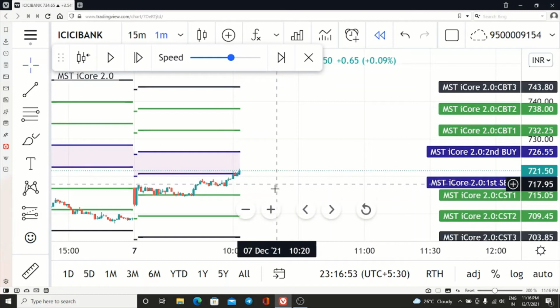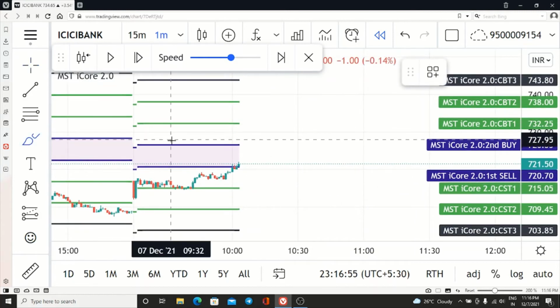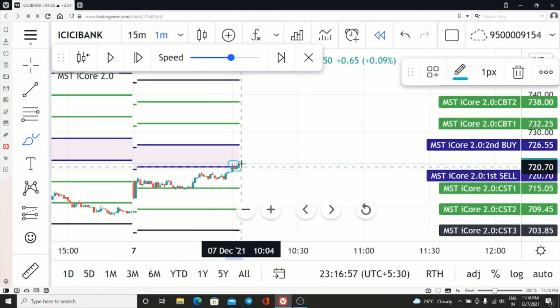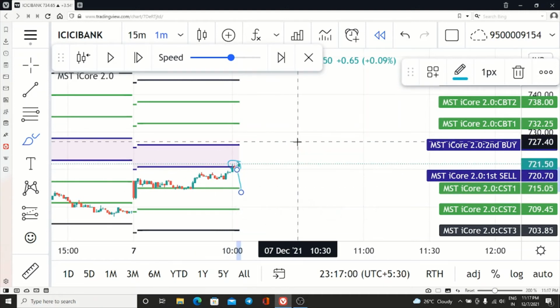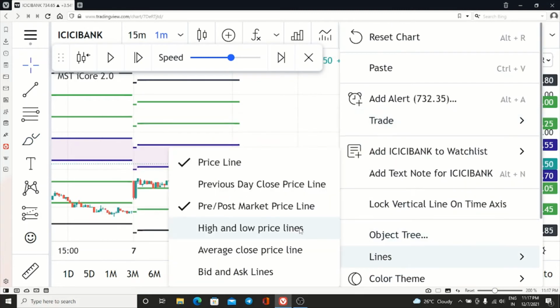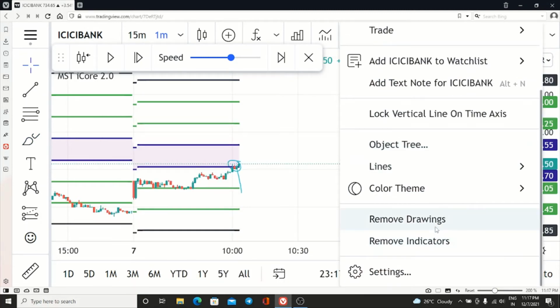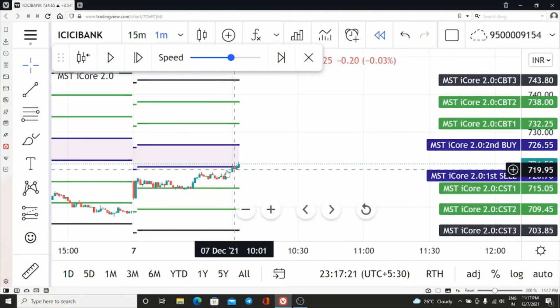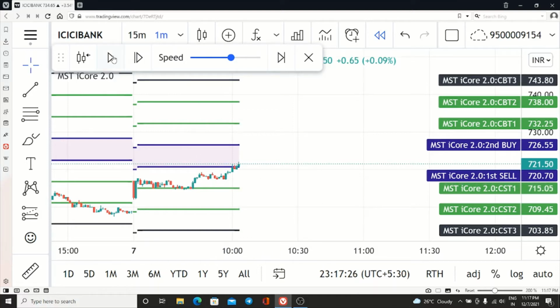So now what we are expecting, since sell has been activated, is that the market has to fall to 715.05. But it is not in our hand, we cannot decide where the market should go, but we can predict where it will go, right? So now I'm running this. I don't know where the market will go. I am ready for any action. If it is going upside, I will buy. If it is going downside, I will be waiting for the target.